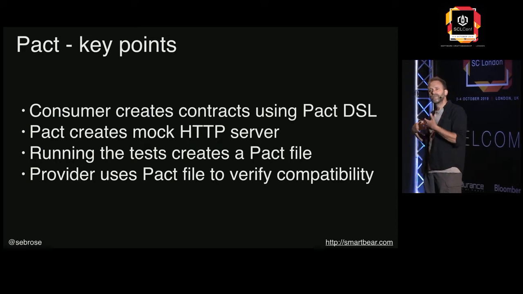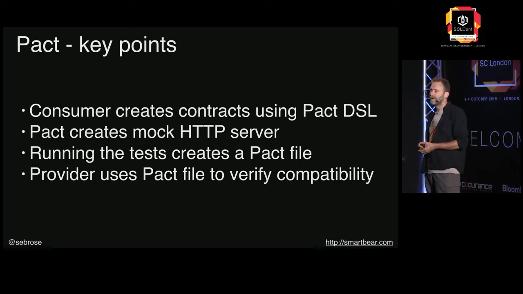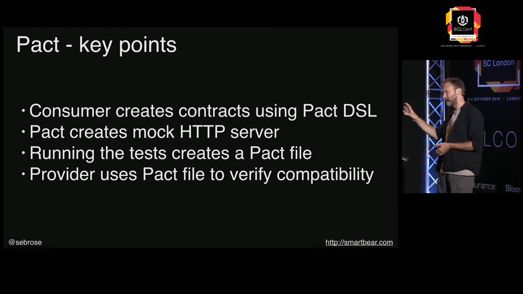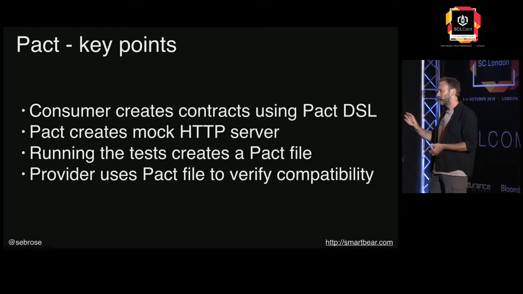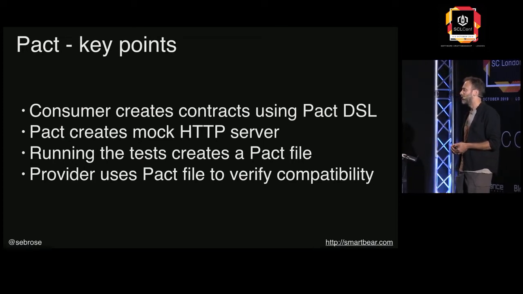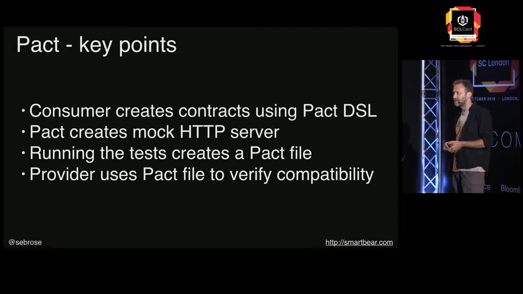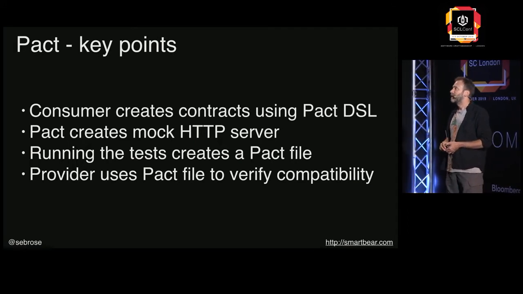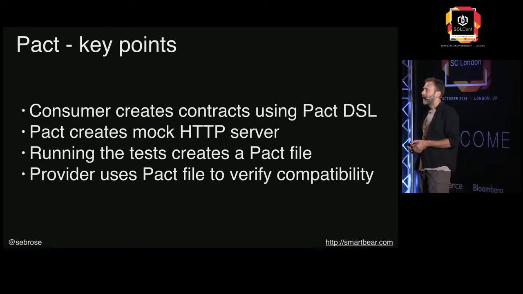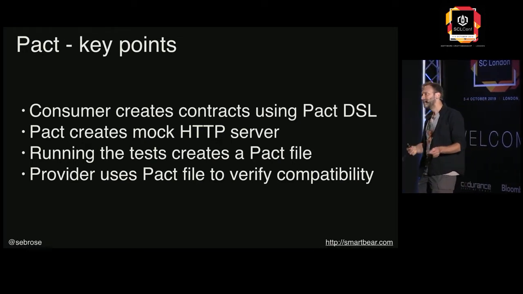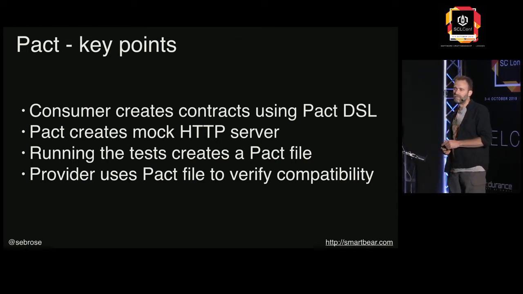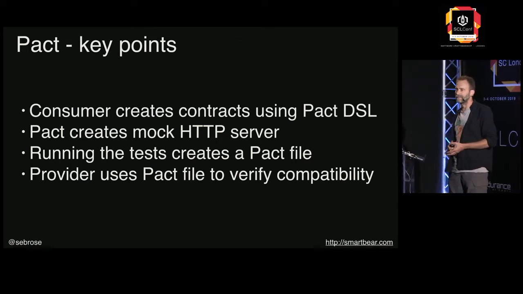As the Pact runtime kicks in and your tests are running, it spins up its own little mock HTTP server if you're testing against an HTTP server. Likewise, it does a similar thing for event queues if it's events that your external dependency depends on. The Pact file is created in JSON, and then that Pact file needs to be given to the provider team so that they can verify that their component works in the way that you were expecting.